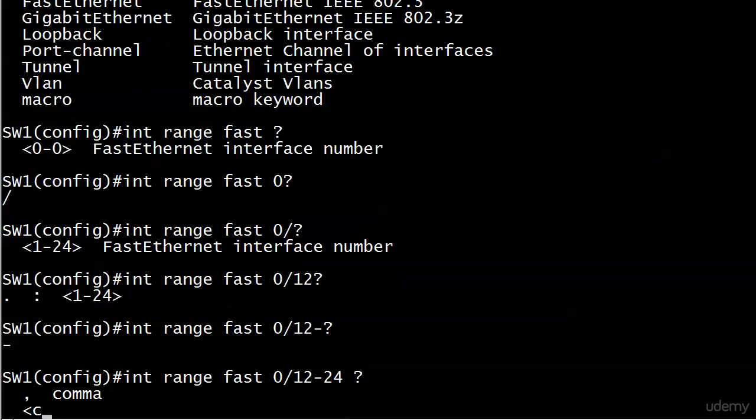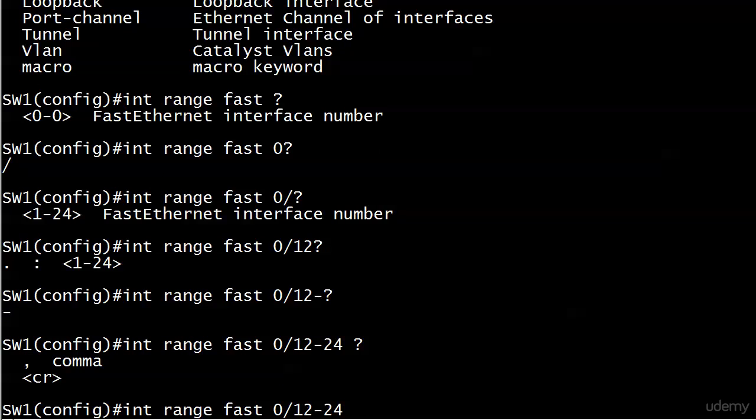24. And with the comma, you can add extra ports. If I was doing every other port, 12, 14, 16, etc., then I could use my comma instead of the dash and just indicate each individual port that you would need. Now, on some IOSs I've run into, you've got to leave a space between the 12 and the dash and the 24. So if you put this command in that we have on the screen right now without the spaces in it, and it comes back to you and says unrecognized command, and the caret would be pointing right at the space after the 12 or the space you don't have, it's really easy,